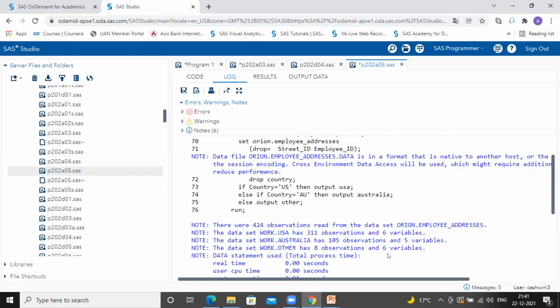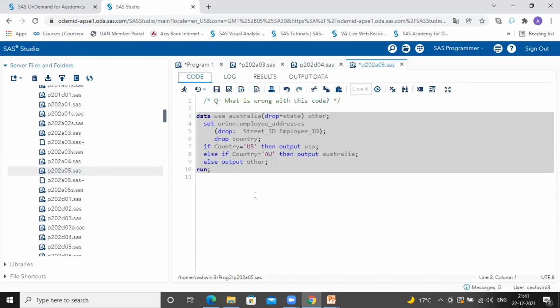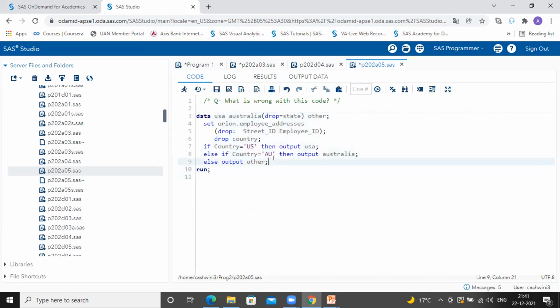If you want to see how it's working, we can always use a statement called put _all_ with log. So what is this put log actually? We are going to see at the back end during the execution phase how the variables are created, how they are processing, and how the values are assigned into your data.